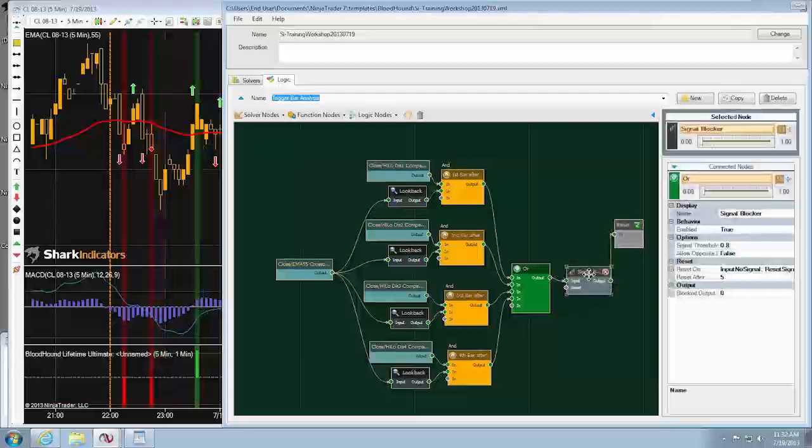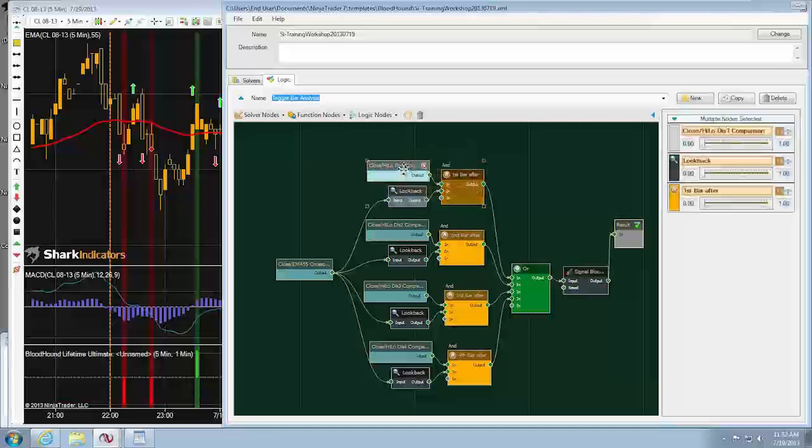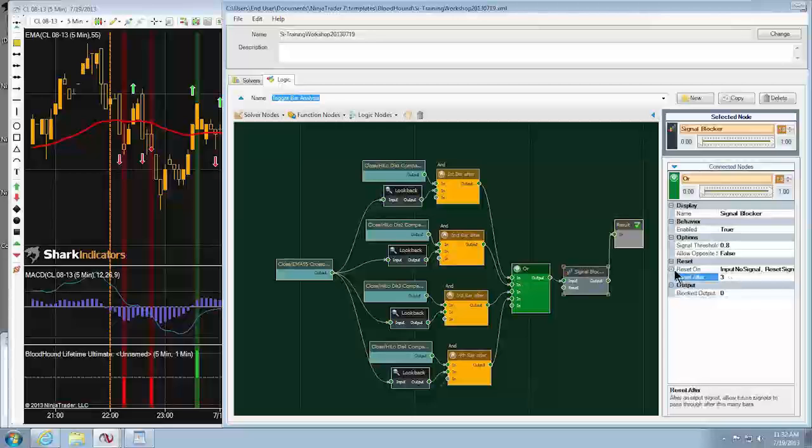So what I can do then is use the signal blocker in its simplest form, and I can set the reset after to 4, because I know that I only need to block potentially, actually 3. I only need to block 3 signals, because let's just say I get a signal on the first bar after our trigger, then I only need to block the remaining 3 signals that could come through. So I could set this down to 3,